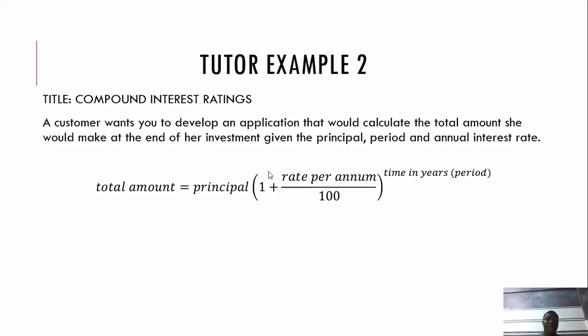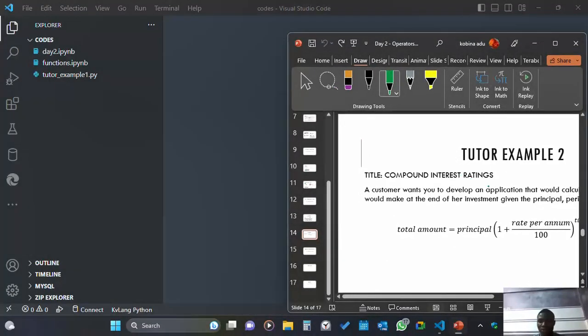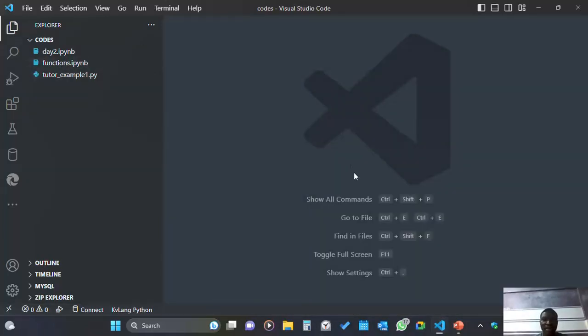So let's see how we can write a Python script to solve this equation. So quickly we zoom in. First, let us focus on this one. Maybe let's call it in brackets or something. This part, let's focus on this part. When we come here to our VS Code, let us create a file for tutor example